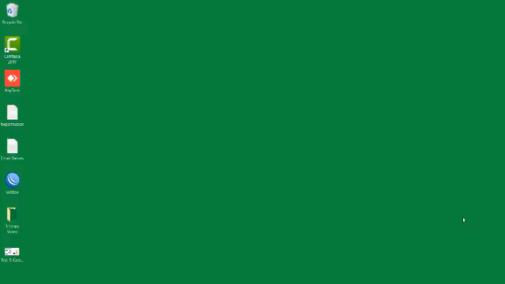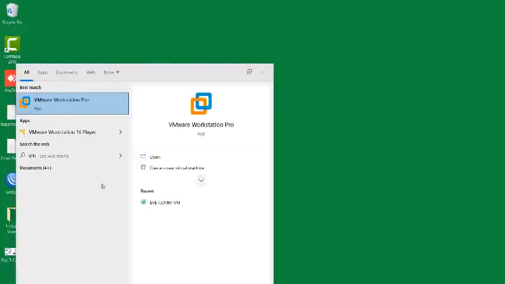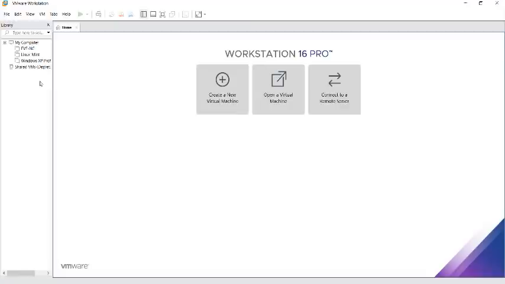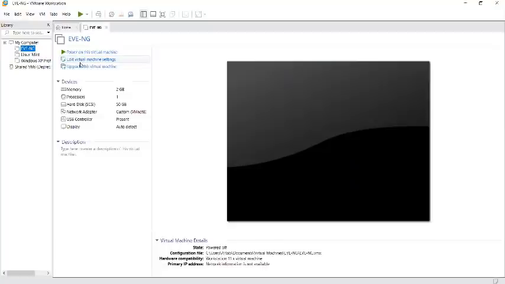So let's start the video first and let me show you all the basic or initial configuration of the MikroTik router board. I don't have the MikroTik right now. I'm just opening my VMware, and on this VMware I have already configured my MikroTik router board and multiple firewalls. So this is my VMware, and here I have installed the EVE-NG, and in that EVE-NG I have configured the MikroTik router board, Palo Alto, and multiple firewalls and switches and PCs.